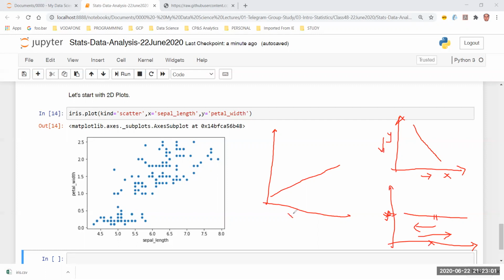In this case, if you are increasing the value of x, the value of y is also increasing. So this is called a positive correlation. This is called a negative correlation. And one of the names of this line is static correlation. There are other names and technical terms as well, but I would like to call it static correlation. If you call it static correlation, it's easier for stakeholders to understand as well. So that's why this word is really important.